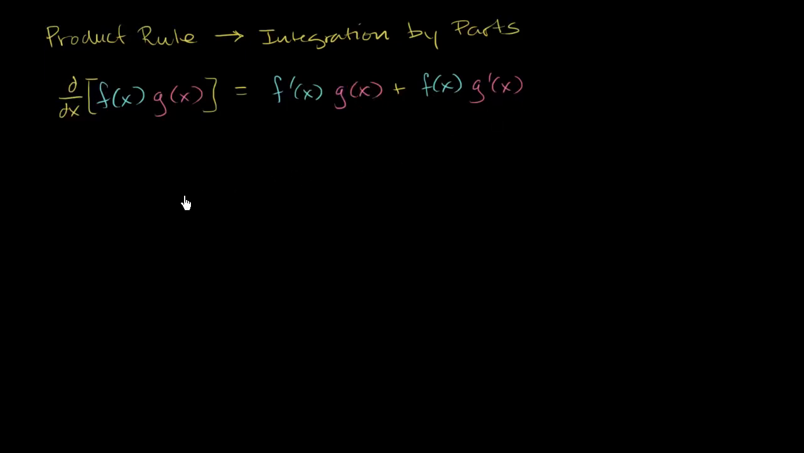Now, let's take the antiderivative of both sides of this equation. If I take the antiderivative of what I have here on the left, I get f of x times g of x. We won't think about the constant for now. We can ignore that for now. And that's going to be equal to, well, what's the antiderivative of this? This is going to be the antiderivative of f prime of x times g of x dx plus the antiderivative of f of x g prime of x